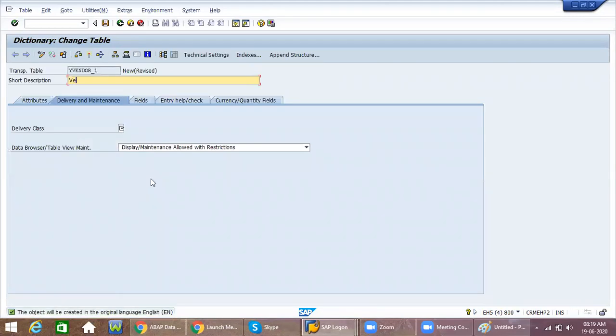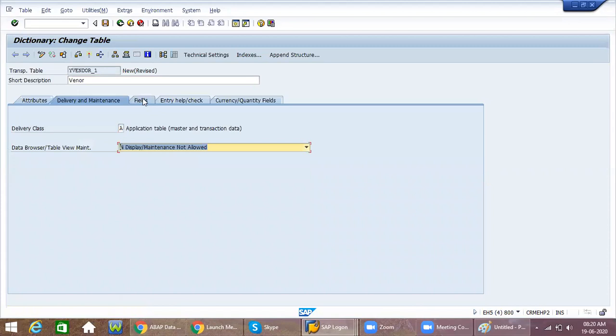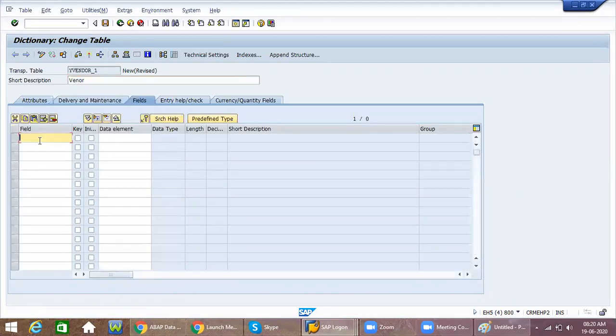See, this is a vendor table. Here generally we can provide the delivery class and maintenance allowed. While coming to tables, the mandate is common, right? So the mandate field is required, the client field is required. Now I'm creating id.